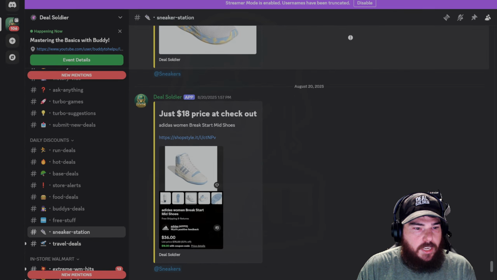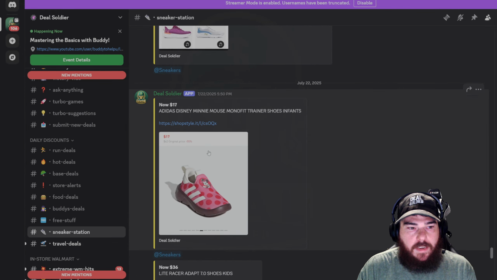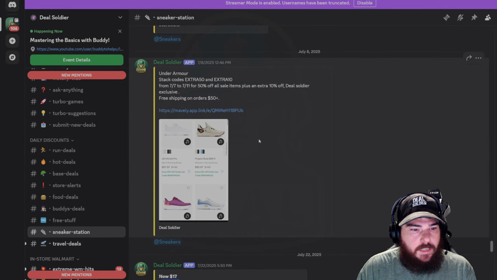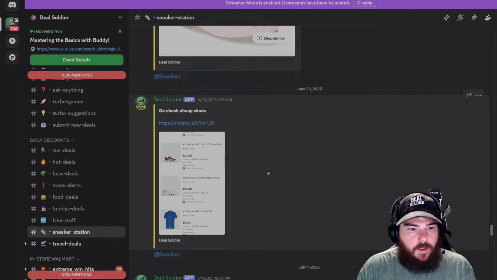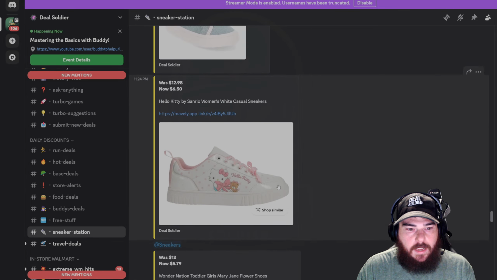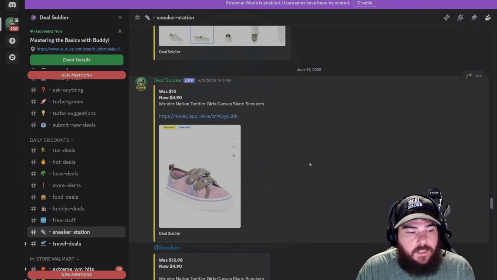We got our sneaker station. I know I do a lot of the school shopping in here for my kids myself. There's a lot of great sneakers in here that are highly discounted, like Adidas, and they're name brands too. You have these for kids. You got the Under Armour shoes that are ringing up for 50% off. This one right here, $20.98 for an Under Armour shoe. You'll see a lot of Nikes, a lot of Adidas. Definitely great if you're in need of any shoes or anybody in your house is in need of shoes.